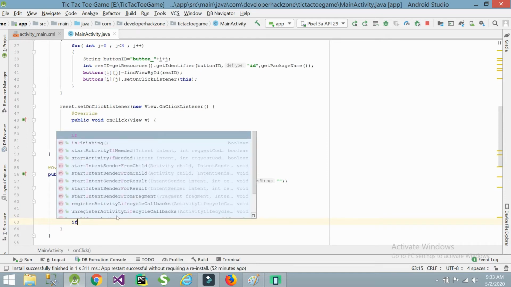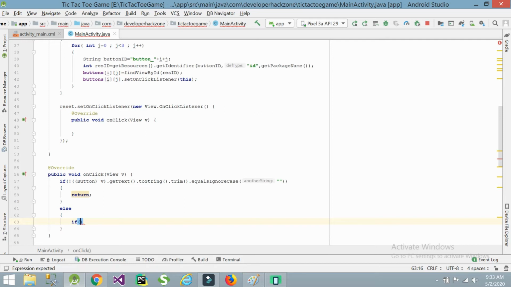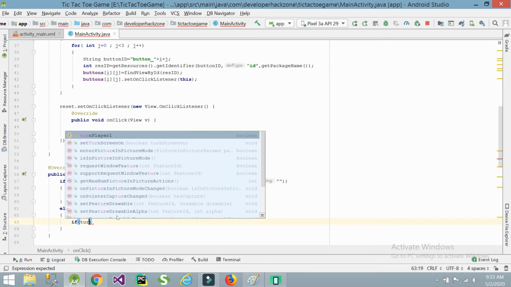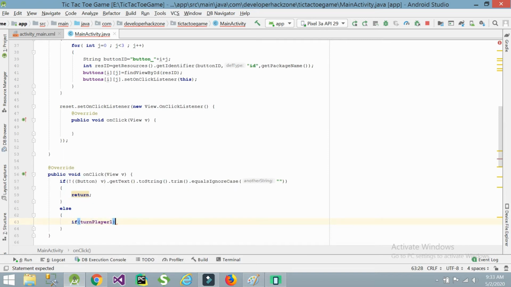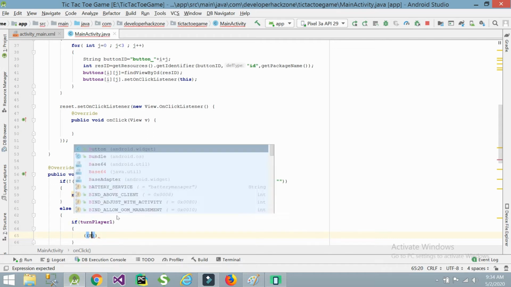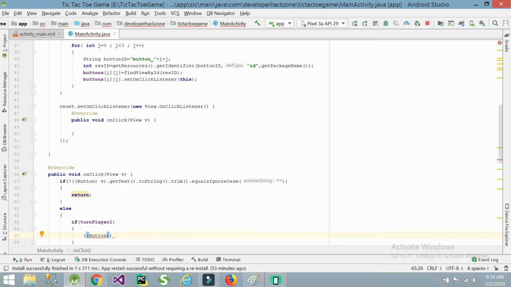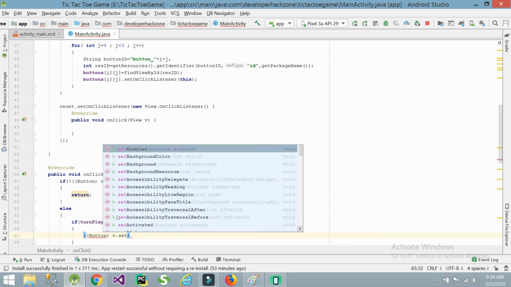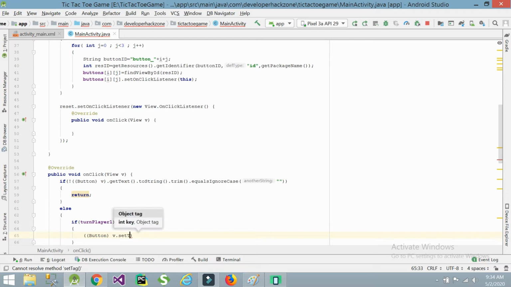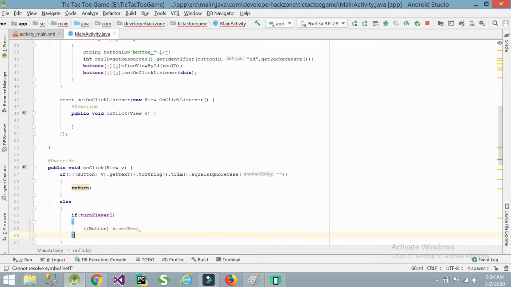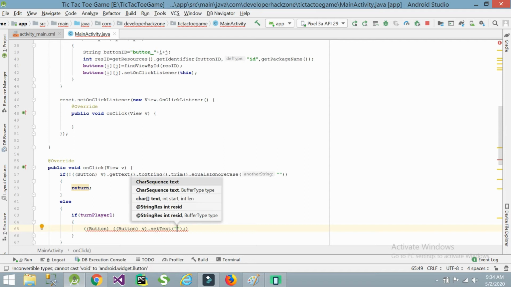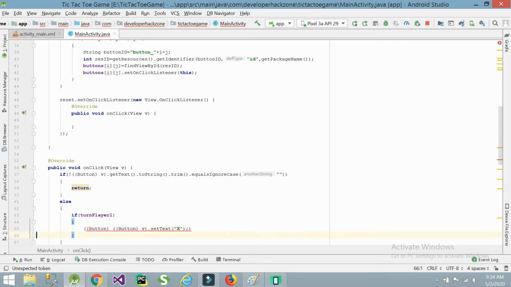If the person playing, which person is playing, if it is player 1's turn, if the condition is true, then it needs to set the text there, in whichever button that player clicked, giving red for this.